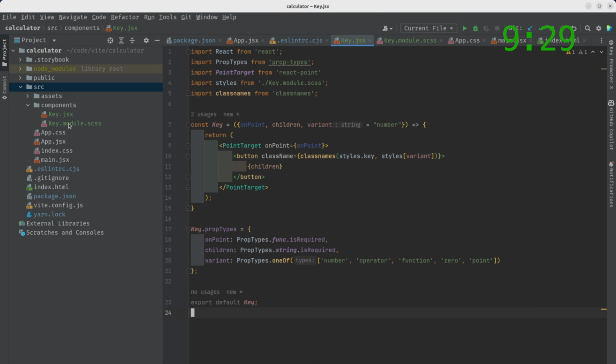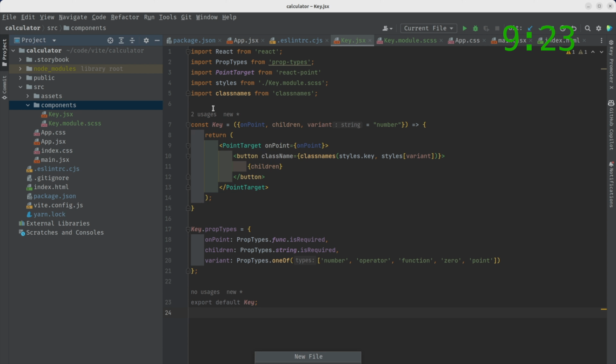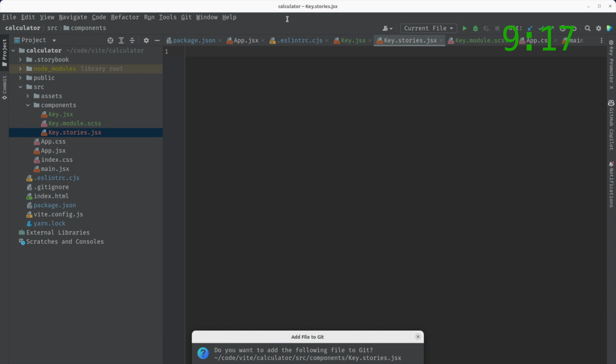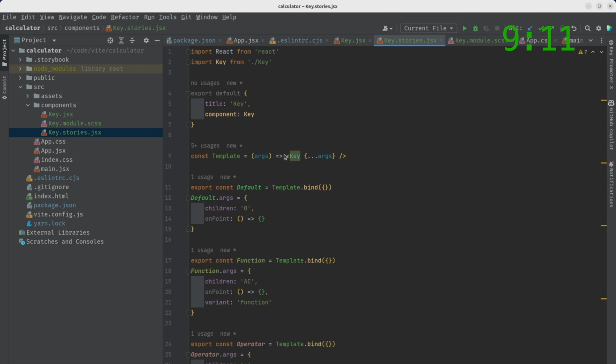But we do want a story for key. So we create a new file. We're going to call it key.stories.jsx. Yes, we want to add it. And we're just going to paste everything in here. These are our stories. And what they do is they just take the different variants of our key. So now, if we restart our Storybook,